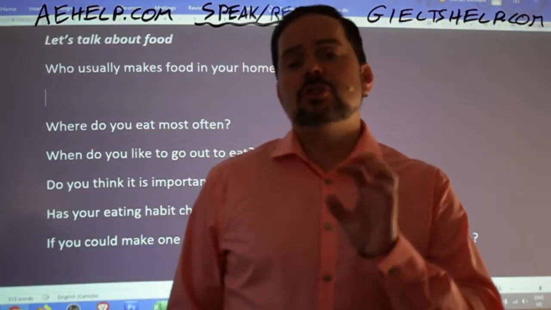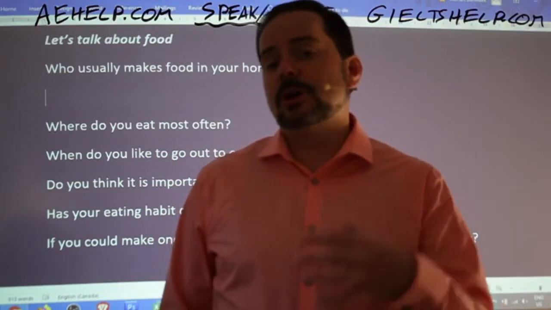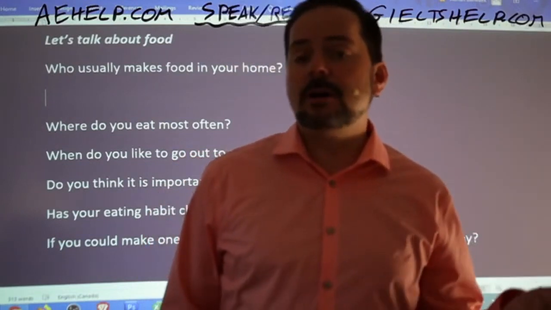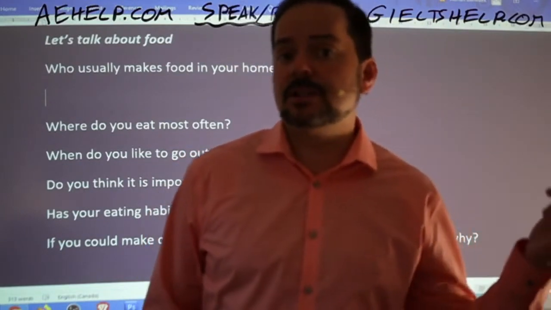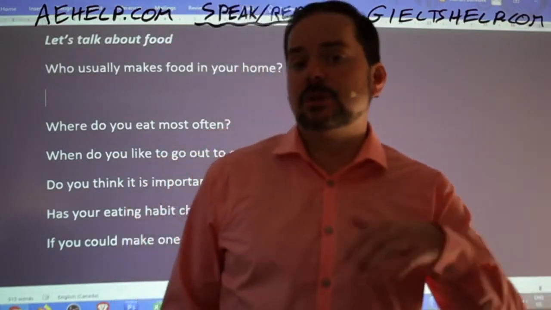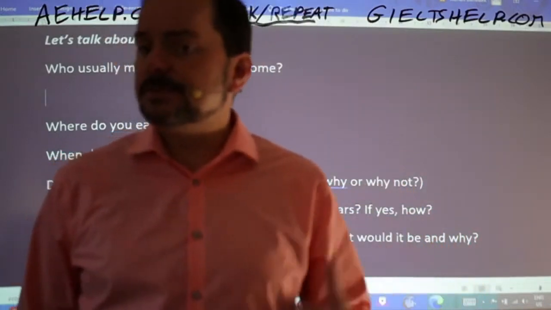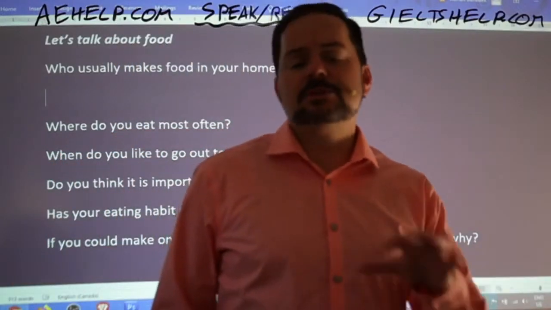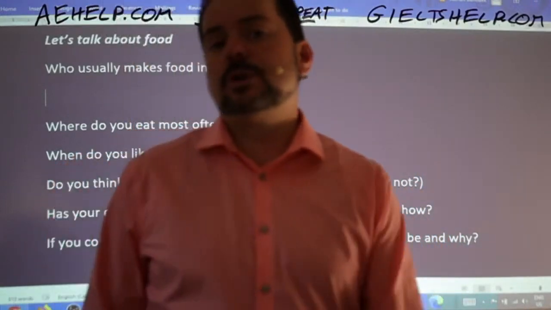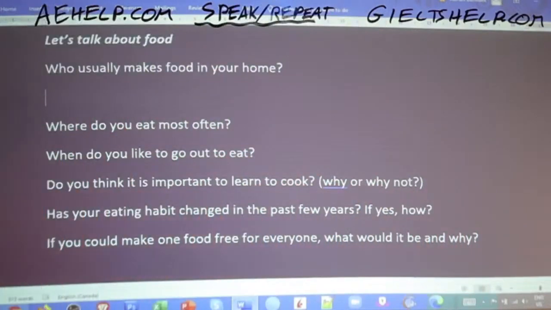In English, usually when we group ourselves with other people, we put ourselves last. So my friends and I, my friend Bob, his cousin Jane, and myself and I. So we usually put ourselves last. Sometimes we'll say me and my friends as well, but it's more polite to put ourselves at the end of the list, especially when we're in a professional conversation. So keep that in mind, okay? So